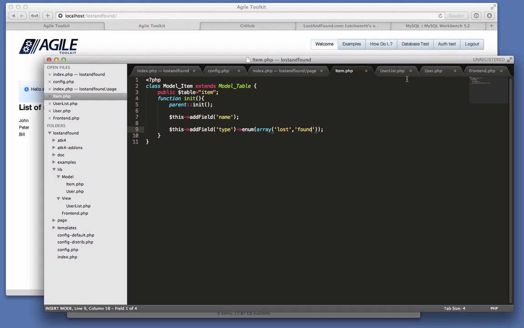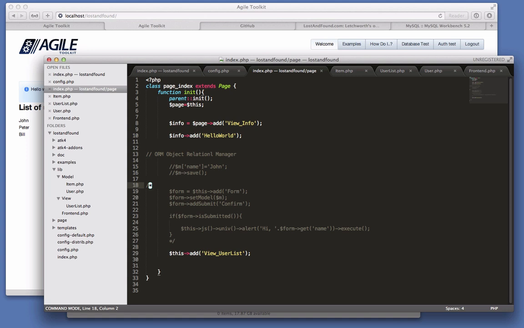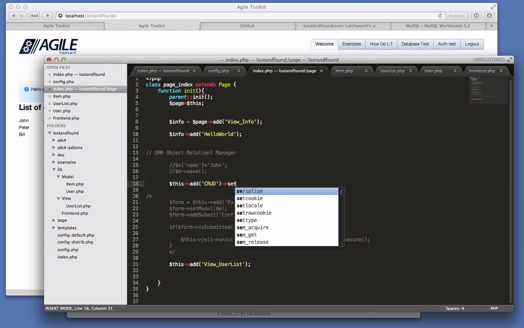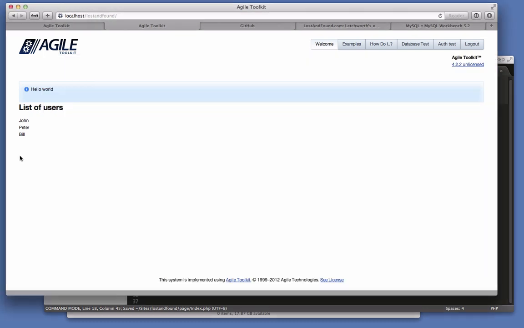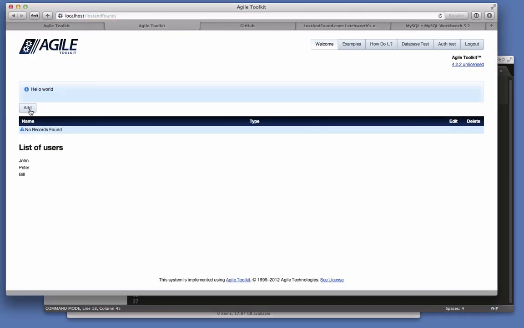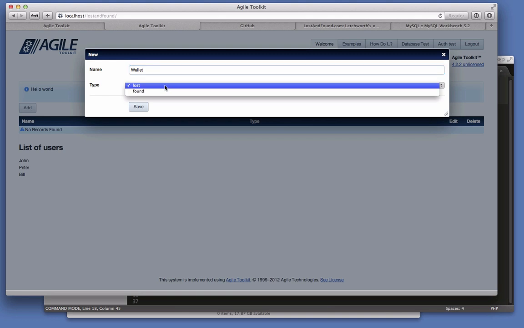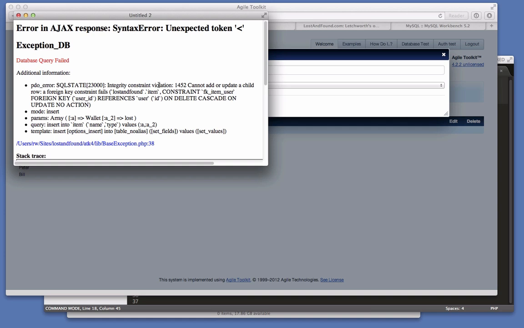Okay, all right, let me go back to this index page and create a CRUD again for this new model I have just created. Item. Okay, I have no records for now. I can say wallet was lost. Okay, so this is now